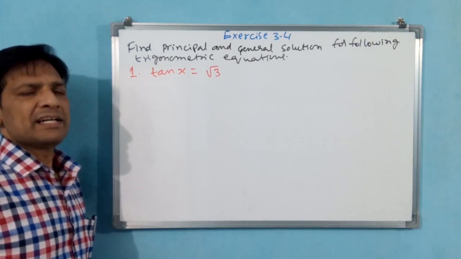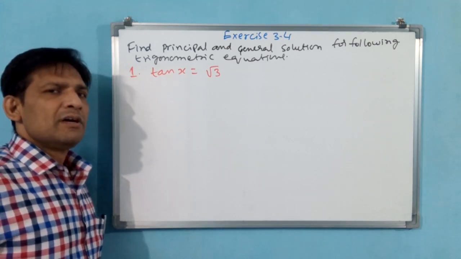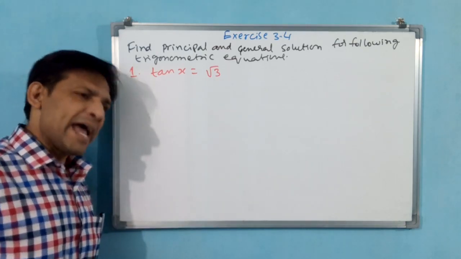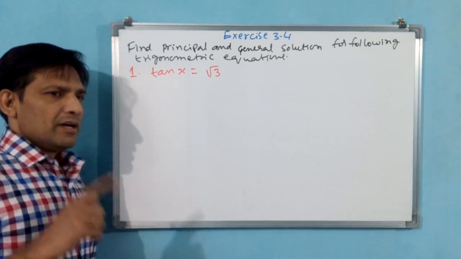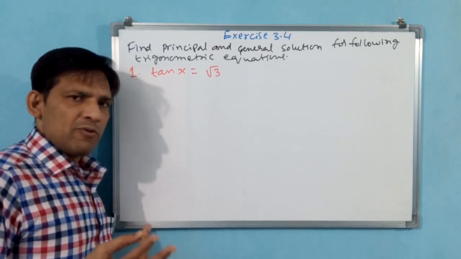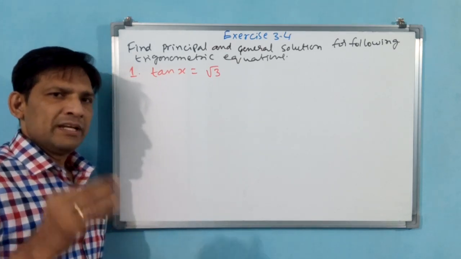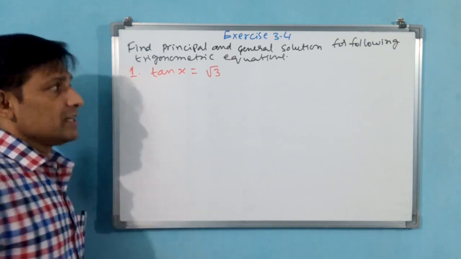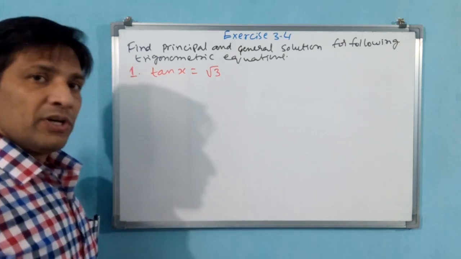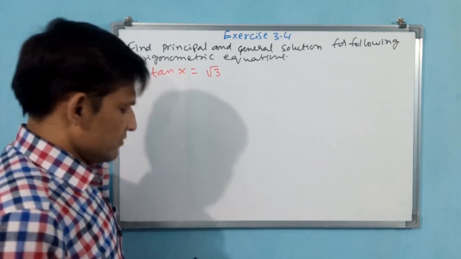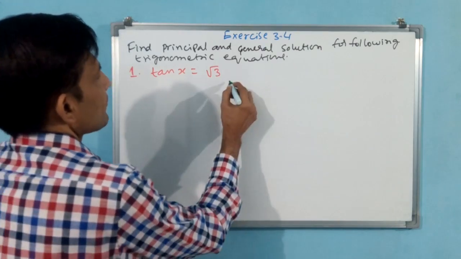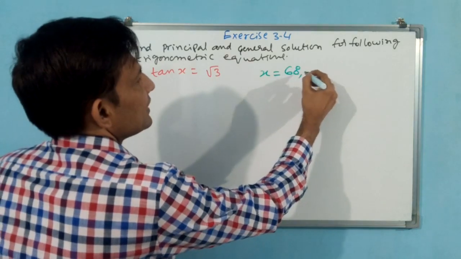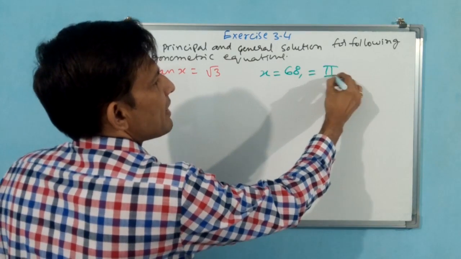What will be the theta here? X what will be the value? X what will be the angle? Not value. Value is root 3. What will be the angle x? See, tan is 0, 1 by root 3, 1, root 3, infinity. That means root 3 will be 60 degree. Okay, that means x is equal to 60 degree. Okay, how to write? You see how I am writing. X is equal to 60 degree. That how you show? Pi by 3.